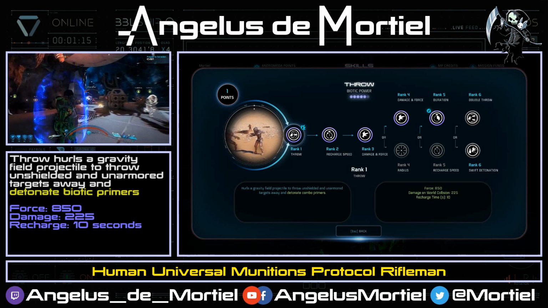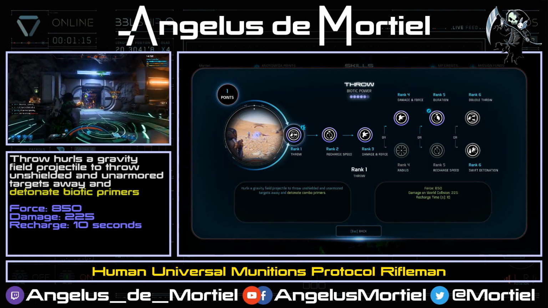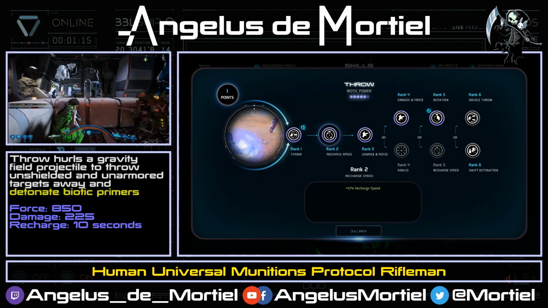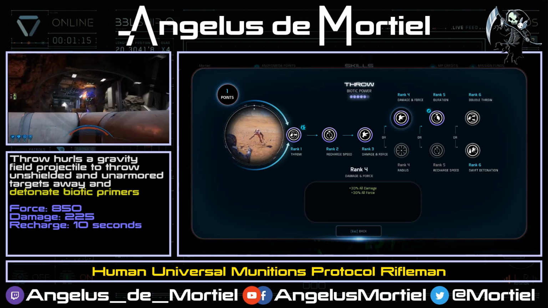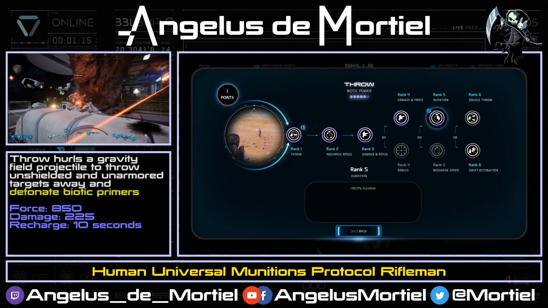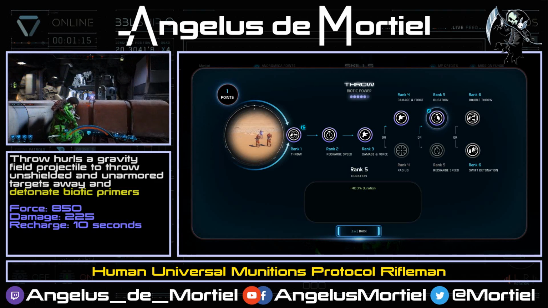Throw is a homing biotic projectile that hits an enemy with significant force, knocking weaker enemies flying and detonating combos. At rank 4, we take damage and force to increase both by a significant 30%. At rank 5, we take duration to lift enemies after being hit for several seconds, priming them for a biotic